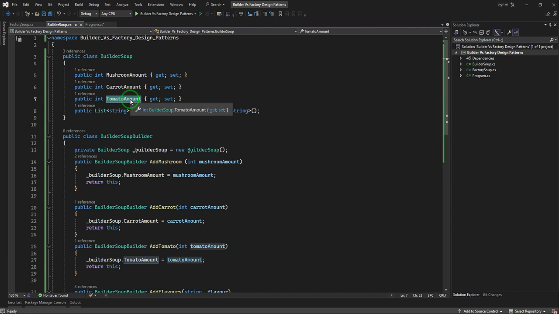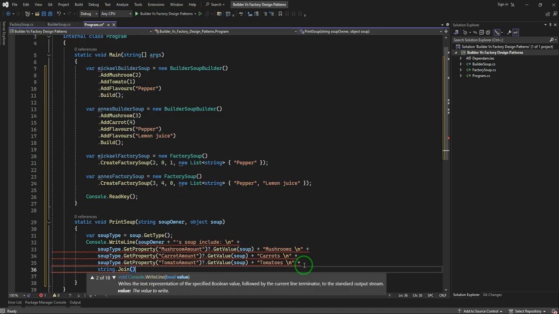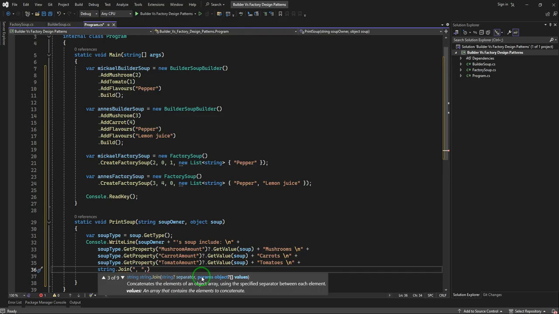So it would be safe if I copy the name of our property from our class, and then we will have string join, well, just like this, because it would be here, a list of string, our soup type, well,